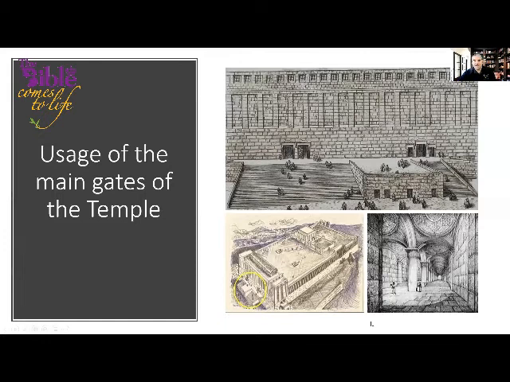When you look again at the entrance, look at this. This is a drawing that was made by Roberts. That's how it looked up until about 150 years ago. If we see the complex of Temple Mount right over here, this is, of course, from the time of Jesus. Look very carefully. Right here is a set of stairs.